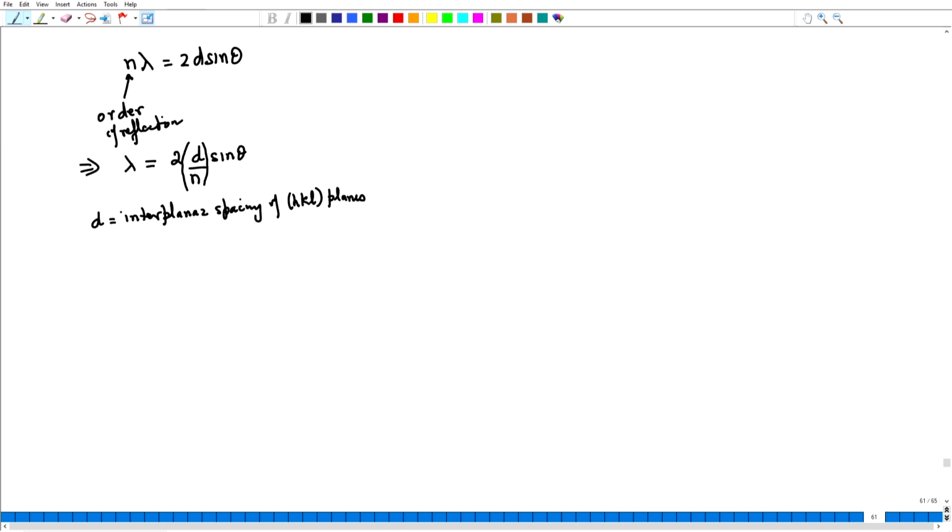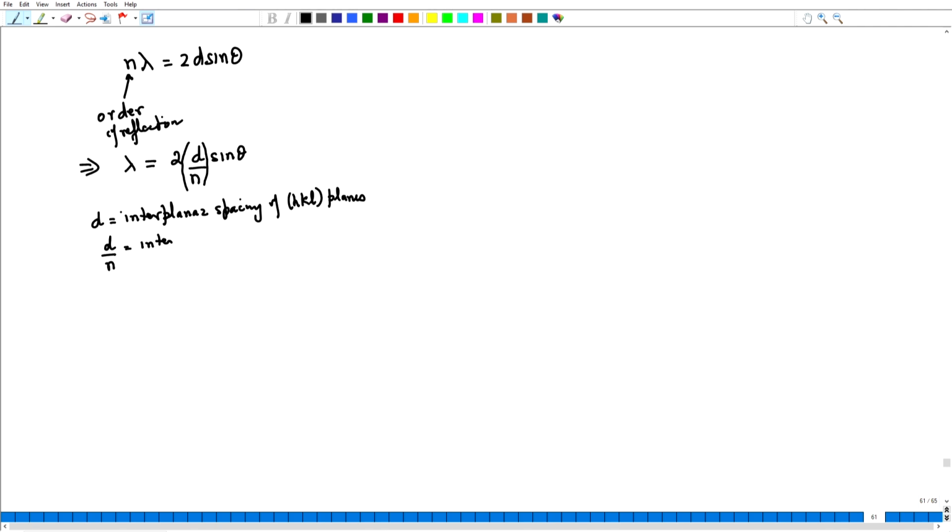Now, if you go back to the early lectures when we had started crystallography or the crystal symmetry part of this course, I had mentioned that if d is the interplanar spacing of HKL plane, then d upon n is